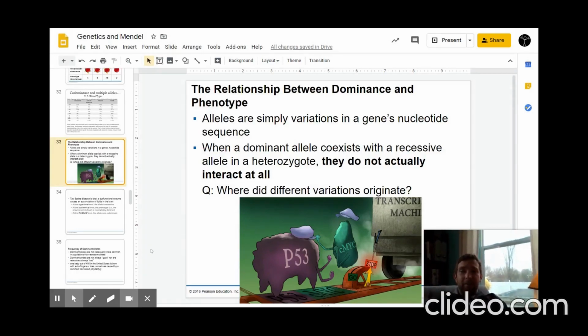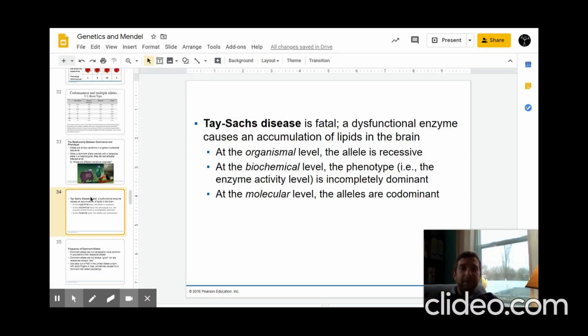So coming back to the idea that genes don't interact with one another, dominant is just when it's producing some sort of a product or outcome. Recessive is just when there's not a product or an outcome. So if we look at a couple examples, Tay-Sachs disease, there is a dysfunctional enzyme that is supposed to,